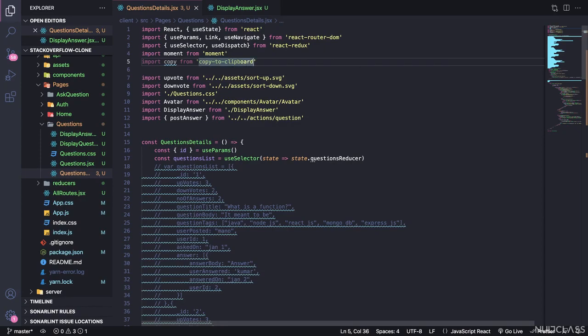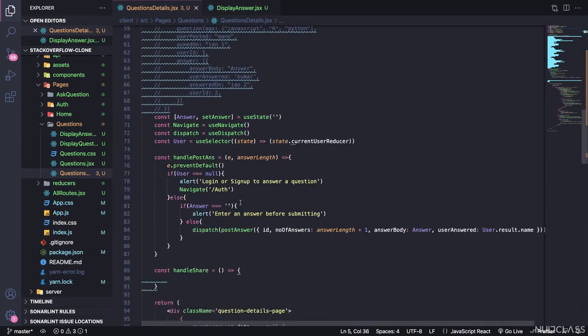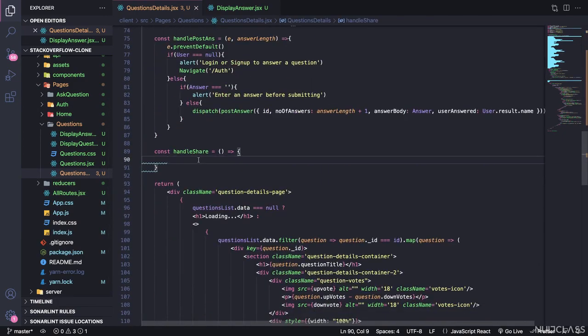So now we were able to copy a URL. So what we are going to do in here, we're just going to call the function copy,